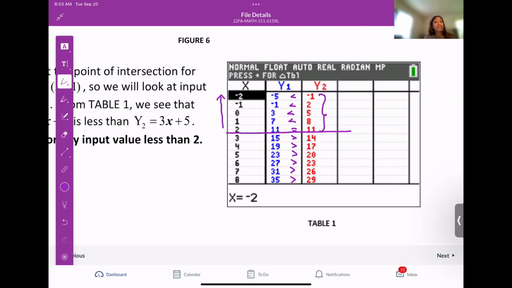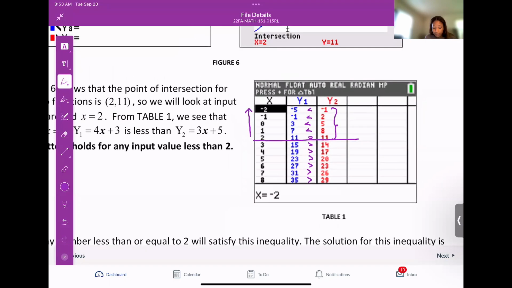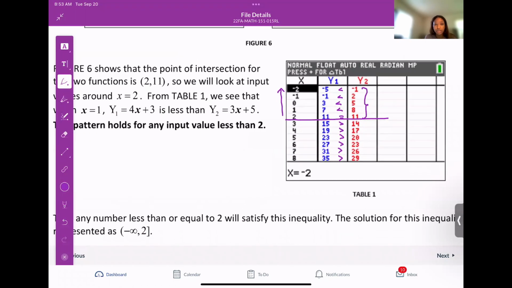Is x equals 2 included in our solution? Yes, because we had a less than or equal to sign. So from the table, we can see that our solution set